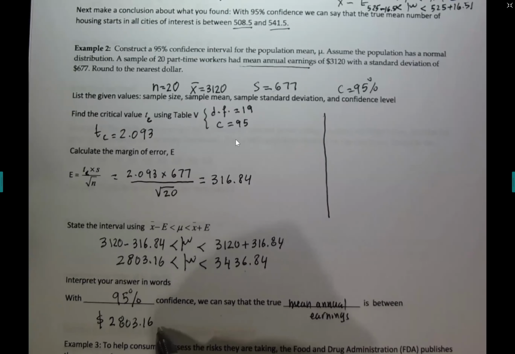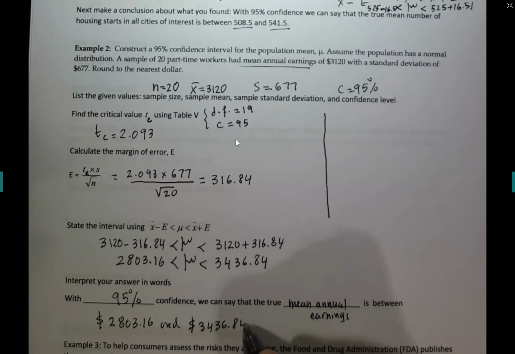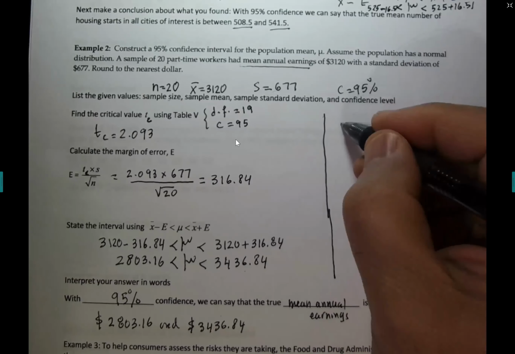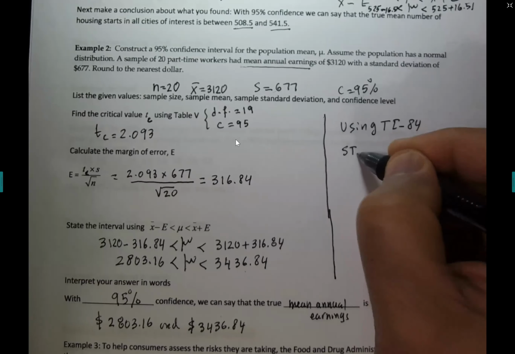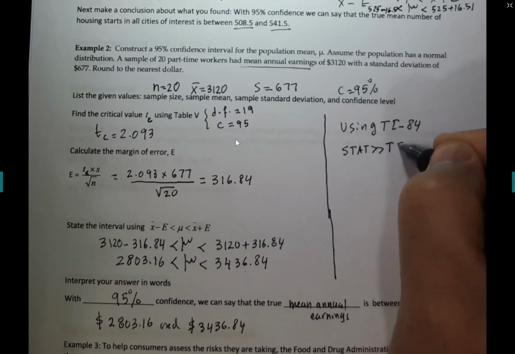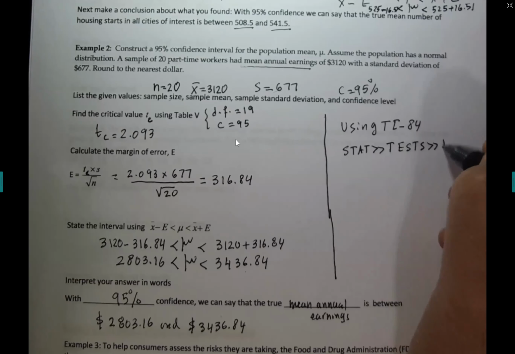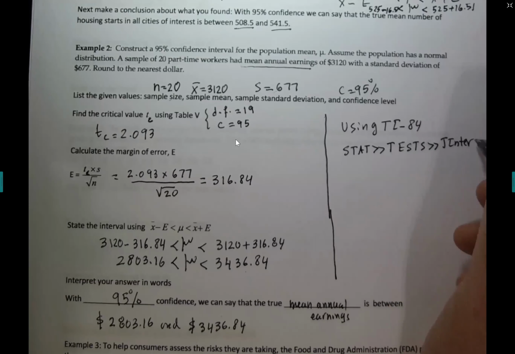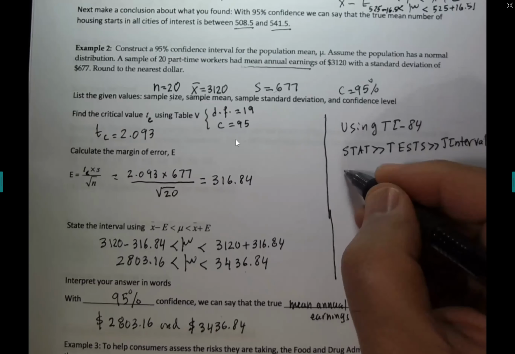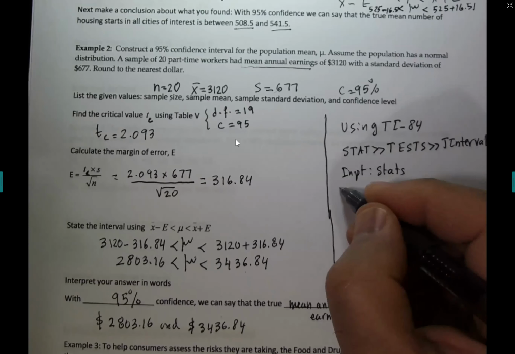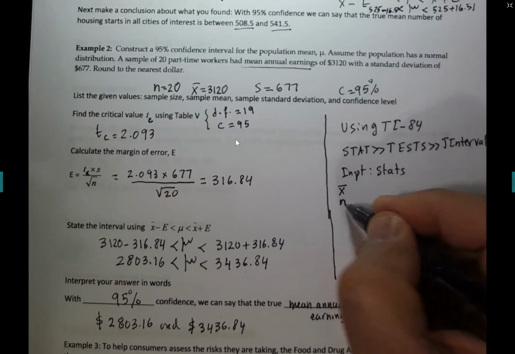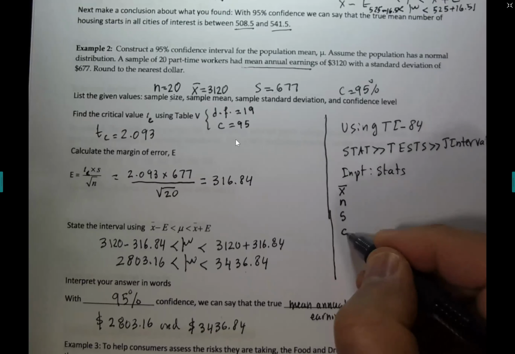Now, guys, if you're doing it online and he doesn't ask you to show the work, you can simply just use the TI-84, which is, I'm going to show you how to do it in a second. Using TI-84. Go to Stat, Tests, T interval, input, you use stats. I'm going to show you all the keys. You enter the value of X bar, you enter the value of N, you enter the value of S, you enter the confidence level,